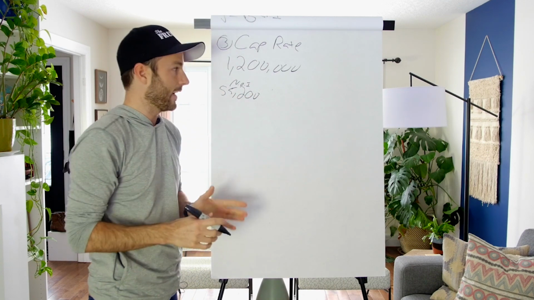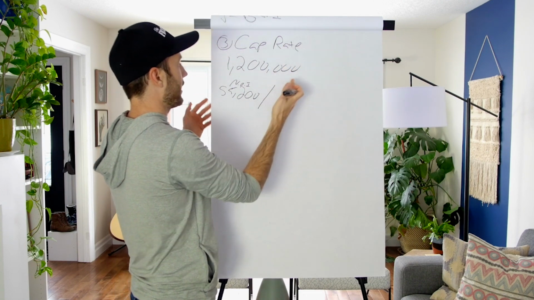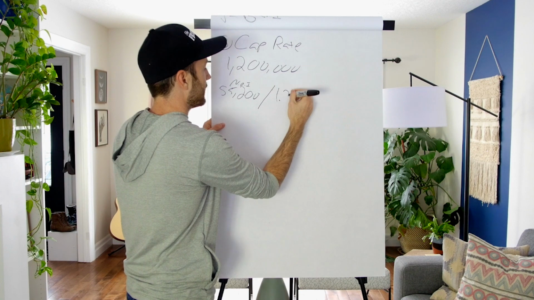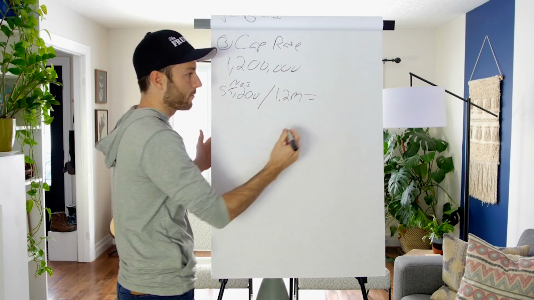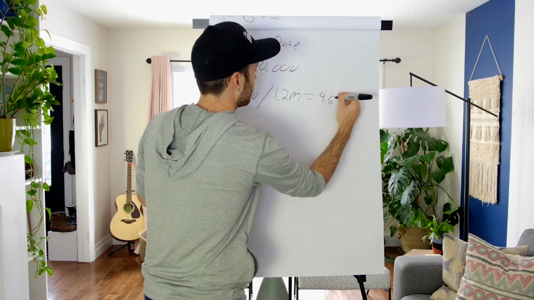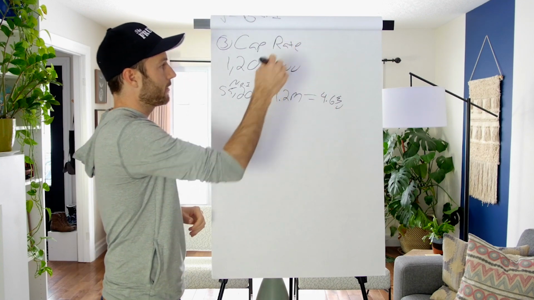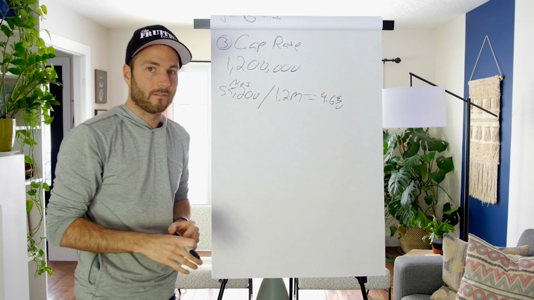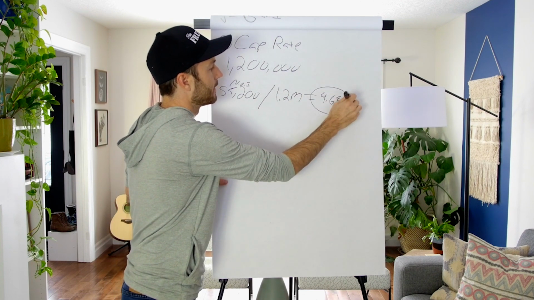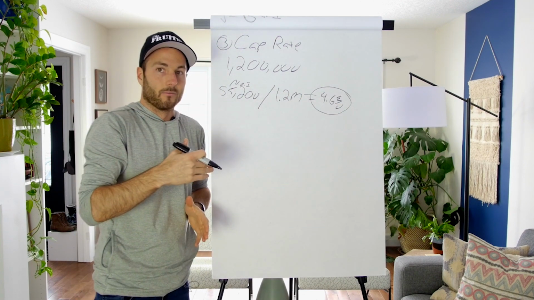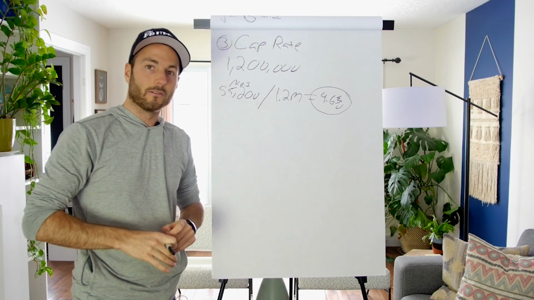Now, how we figure out the cap rate is we take the NOI and divide it by the price we paid for the building, in this case the 1.2 million. It's gonna spit out a percentage, a cap rate of 4.6%. Okay, so this is kind of like a return on investment, but used for multifamily or commercial purposes, the NOI and the cap rate. So cap rate is really the ROI in a sense, and also the valuation system we use on these multifamily buildings.